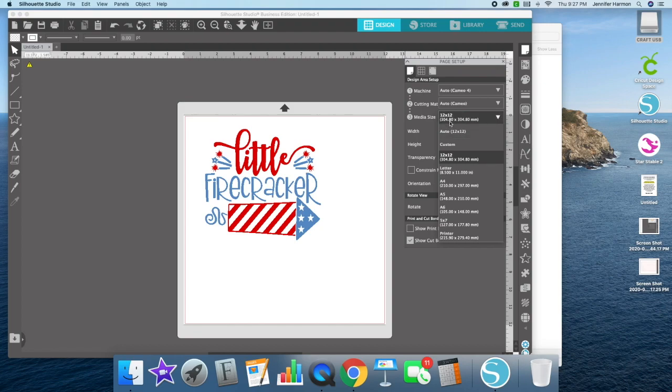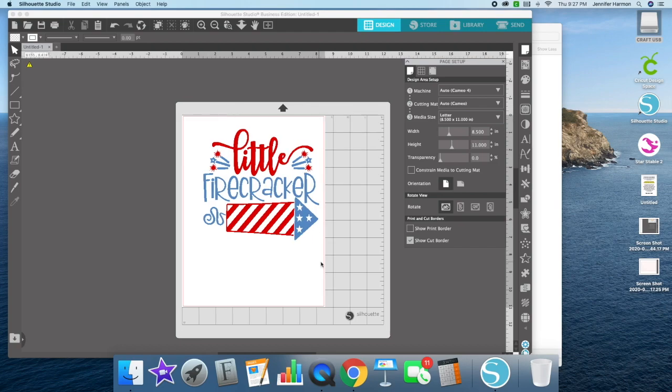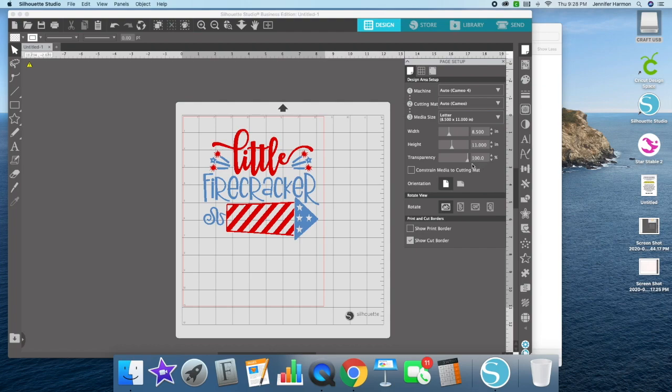Say if my material wasn't 12 by 12, maybe it's 8.5 by 11. I know to keep my design within this white border. Now, what I don't, let's see, where's that? The transparent, okay, here it is. The media size, and that's 8.5 by 11. And then transparency. If you have your transparency up to 100%, you're not going to see the white